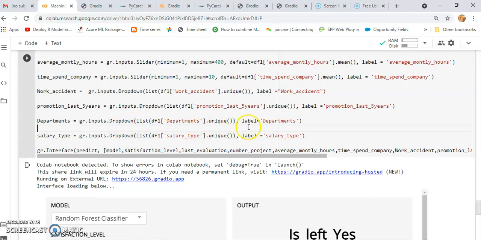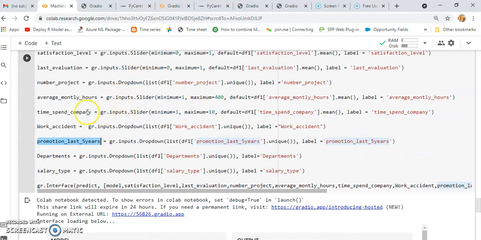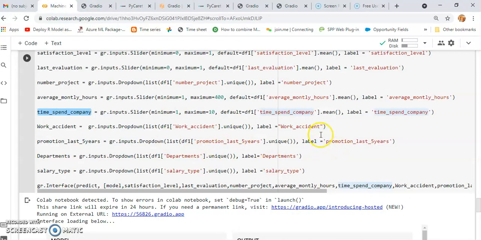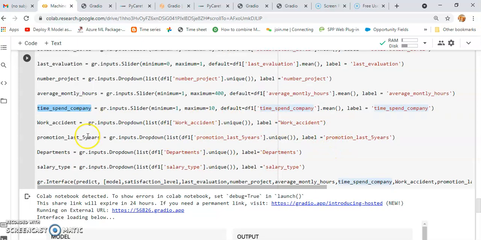If the type is object, then it will be a drop down. If the type is integer, then it will be a slide bar. Time spent with the company is an integer, so it will be a slide bar. Average monthly hours is also a slide bar. So very easily you can set these types of options.